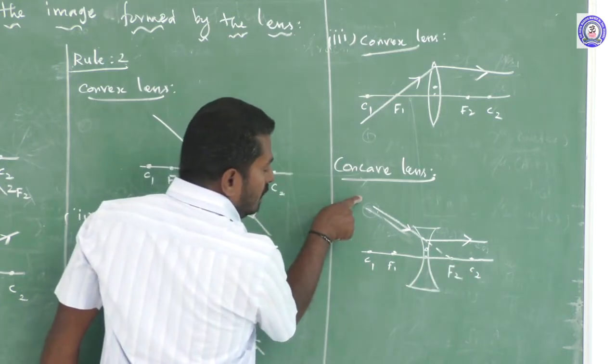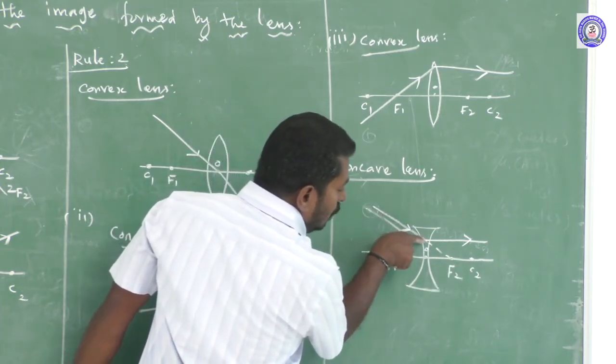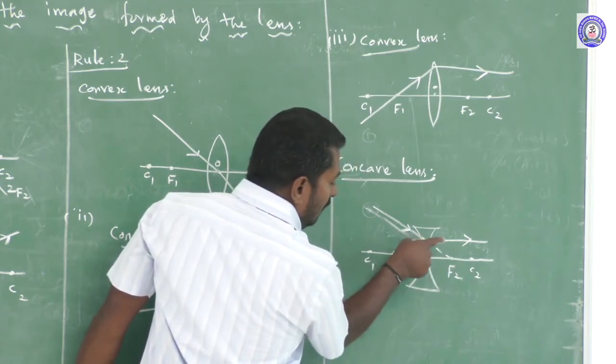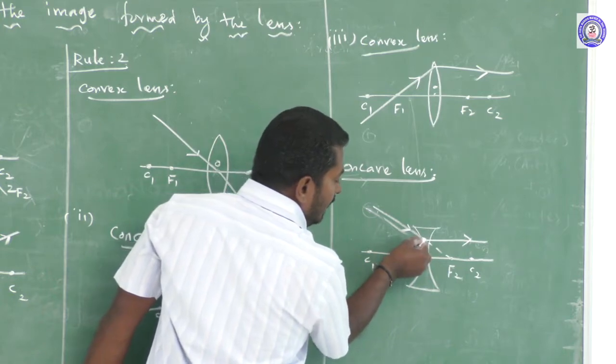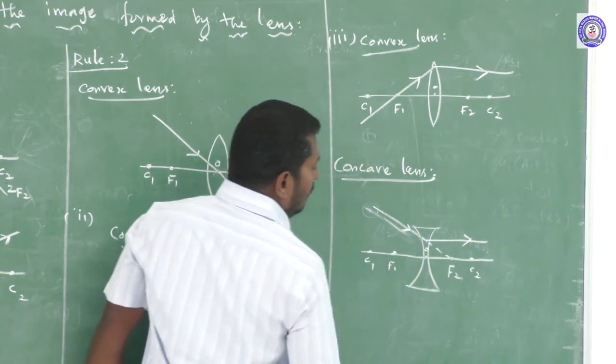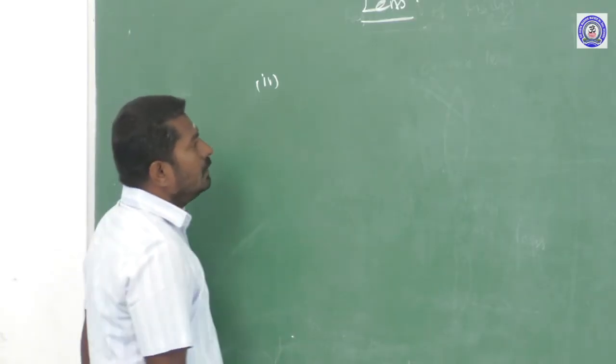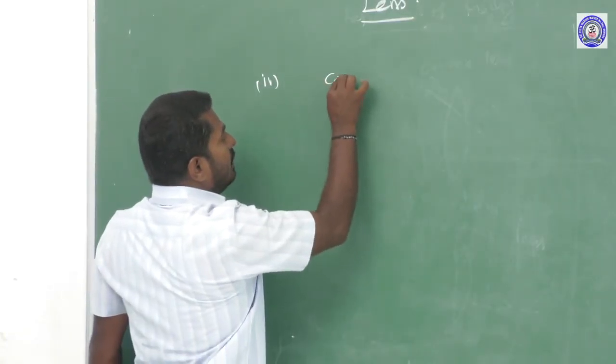So this is a ray of light coming from the object which is directed towards the principal focus, so it strikes a concave lens. Refraction takes place. After refraction, the refracted ray travels parallel to the principal axis. This is the third rule. Fourth rule, in the case of convex lens,